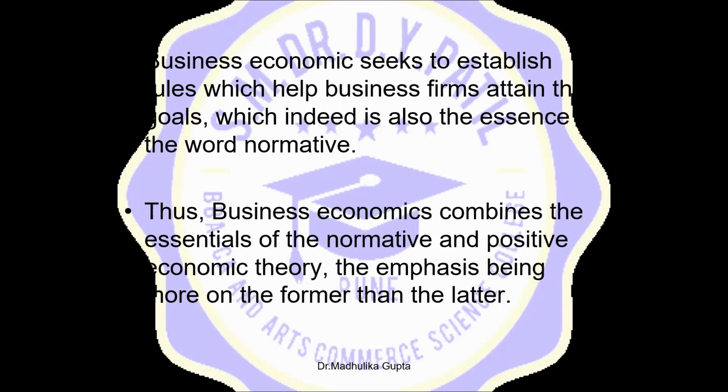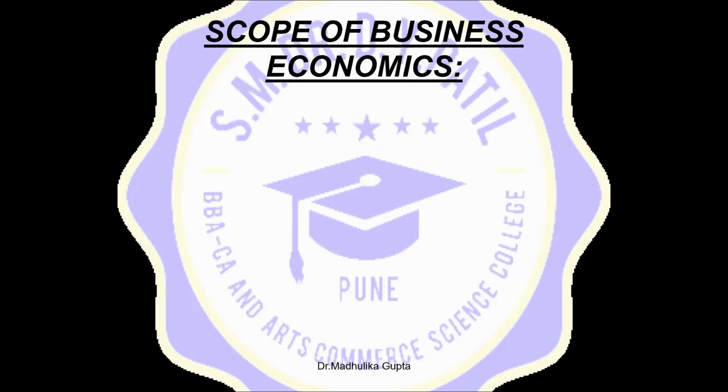Now let's understand the scope of business economics. The very first is organization of business, like the various forms of business organization as well as business goals or objectives of a firm are part of the scope of managerial economics, that is business economics. For example, the current policies of Tata would be different from those prescribed by the late Sri Jamshedji Tata, right? So it keeps on changing the organization structure, the structure of the business, how it operates.